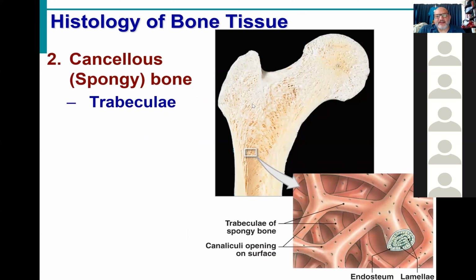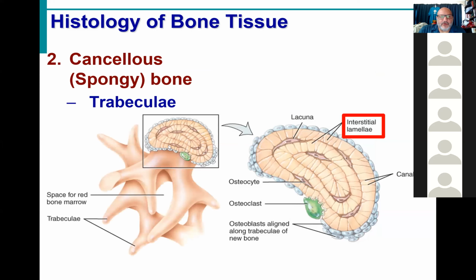So here we go again. Notice here we see that spongy bone on the inside, much more of it in the heads of our long bones, but even the shaft of our long bones have a little bit lining the inner surface. They're made up of all these irregular points and processes with our endosteum on the surface, but notice inside of it, we have those irregular shaped layers of matrix. Notice we still have lacunae, we still have canaliculi, we still have layers of matrix, but our trabeculae are, and again, I'll write it again, only formed by interstitial